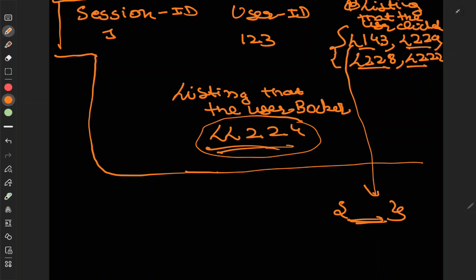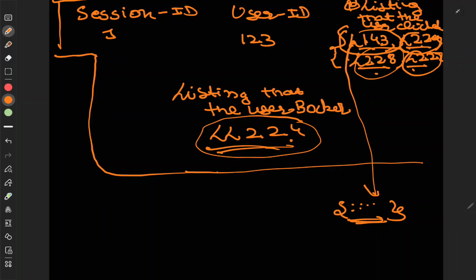So this is our end goal, that all these listings which the user clicked should be near to each other. If, for example, each listing could be presented using a number, then all these numbers should be near to each other, right? So this is our end goal that we need to reach. Now the question is how are we going to convert these listings into numbers, and how are we going to train our model? Okay, so let's answer the first question,